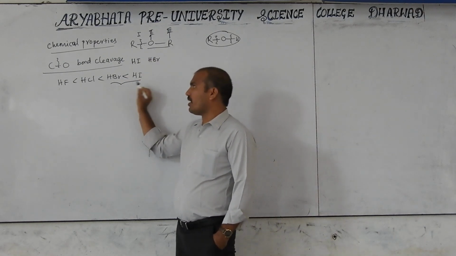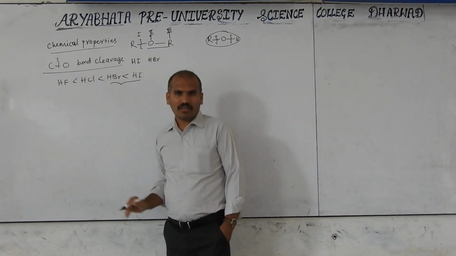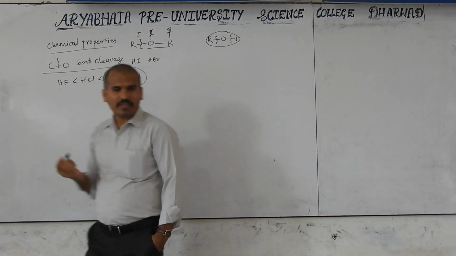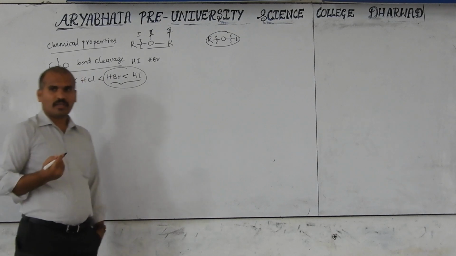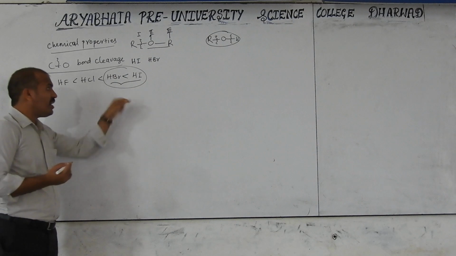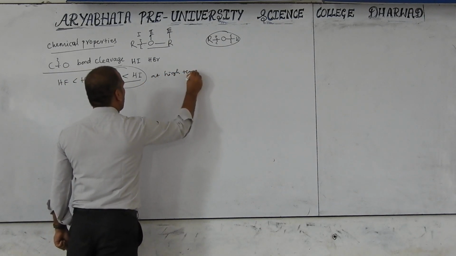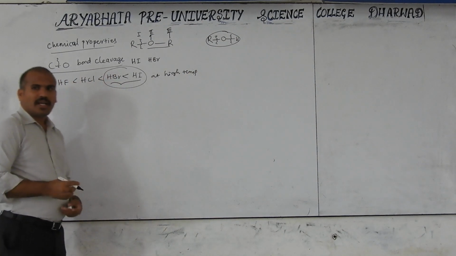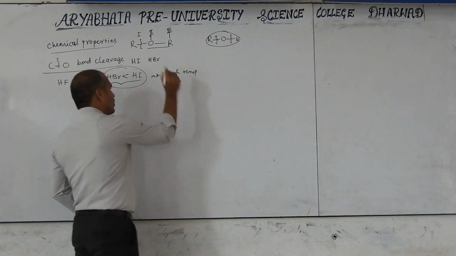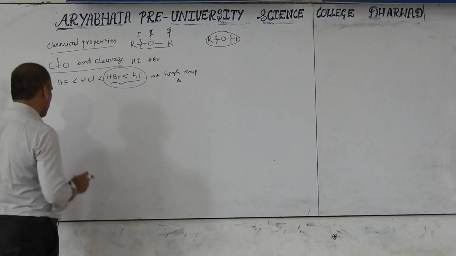So these are sufficiently acidic. These are also acidic, but not sufficient to break this bond. That's why in the textbook, if you observe, generally HI, next HBr will appear. Therefore, these are useful to break this C-O bond at high temperature. They will not always mention high temperature; they will write delta, and you have to consider high temperature. So these are the conditions to perform this C-O bond cleavage.